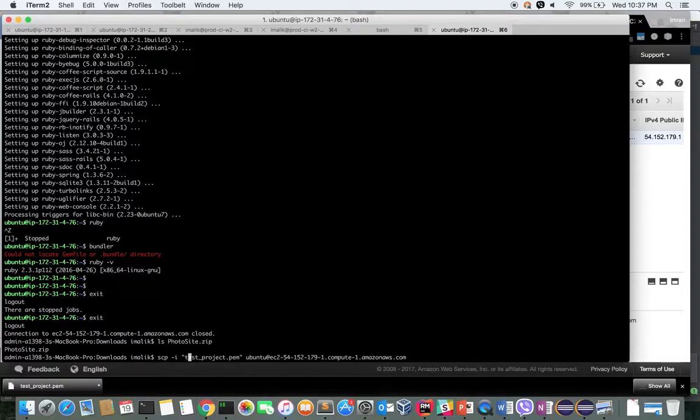So scp -i is the same syntax, and I'm going to copy this photosite.zip. This is my source, and the target is going to be the home of that machine.